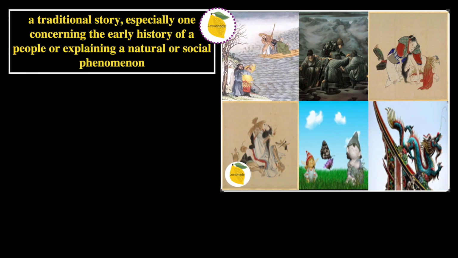The next one is traditional story, especially one concerning the early history of people or explaining a natural or social phenomenon. And in this picture we can see a traditional story, which is obviously from the early history of people, or it's explaining a natural or social phenomenon. And therefore the word will be